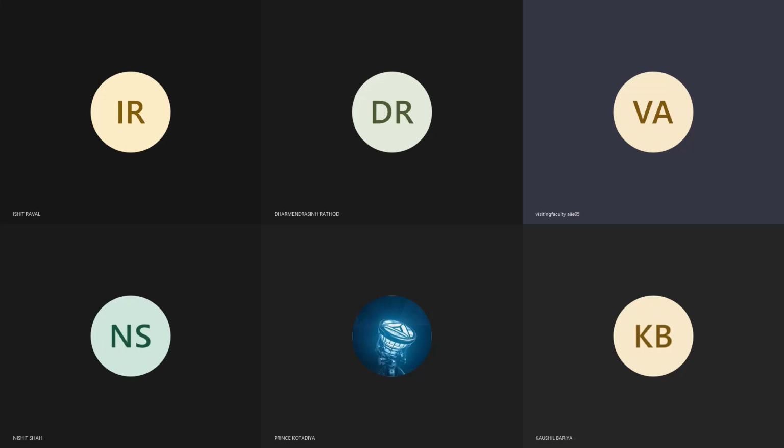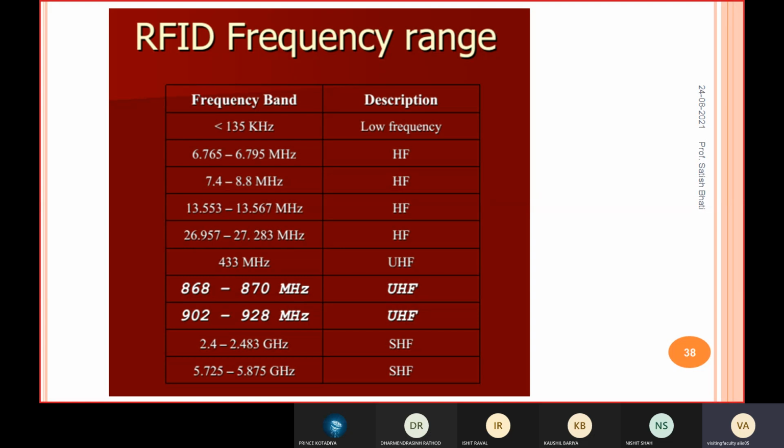As we have discussed, RFID means radio frequency, right? So radio has frequencies, and the range starts from 0 and can go up to some gigahertz. Starting from hertz, then kilohertz, then megahertz, and then gigahertz. Kilo means 10 raised to 3, mega means 10 raised to 6, giga means 10 raised to 9, right? So among all this range of frequency,